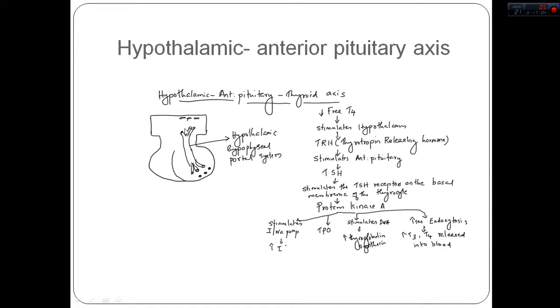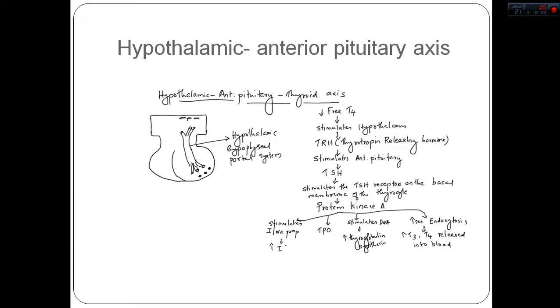Now, this is the hypothalamus, this is the posterior pituitary, and this is the anterior pituitary. And the hypothalamus and the anterior pituitary are connected with the help of special blood vessels called the hypothalamic hypophyseal portal system. So when the free T4 decreases, this will stimulate the hypothalamus. And the hypothalamus will produce a hormone called thyrotropin releasing hormone. And that will come down to the anterior pituitary gland and will stimulate it to produce thyroid stimulating hormone, TSH. And once that is produced, it will be released into the blood and will stimulate the thyroid stimulating hormone receptor, which is sitting on the basal membrane of the thyrocytes, which we have already seen,